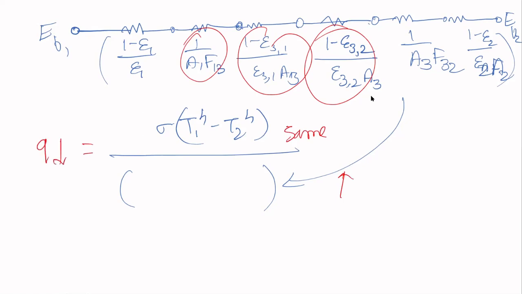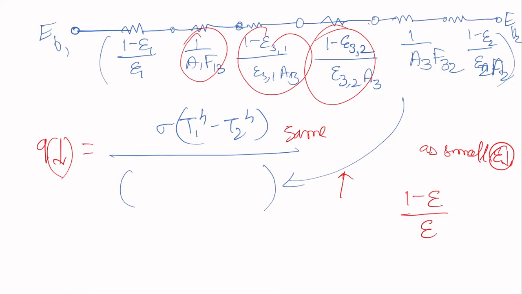So this is the idea of using the radiation shield, and for this particular thing we'll try to have as small an epsilon as possible, because the smaller the epsilon, this term will get more and more large, and that will actually help us a lot. So it is preferred to have smaller epsilons.